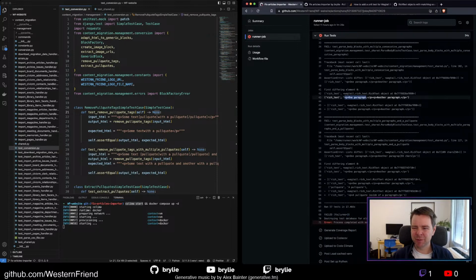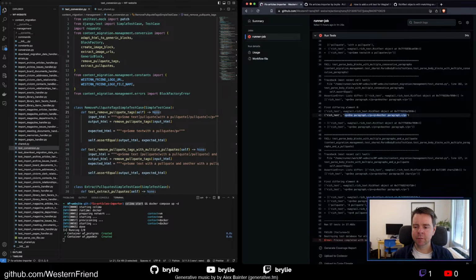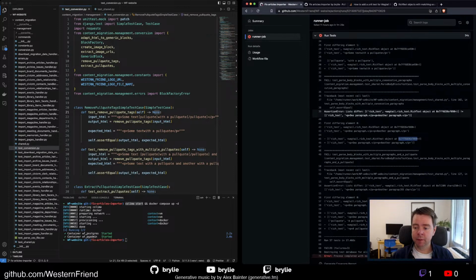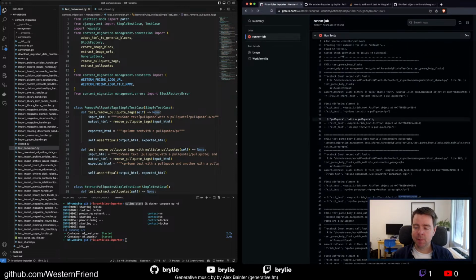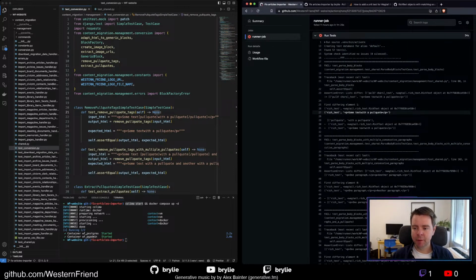They might have different outcomes because of this case where I can't compare against Wagtail rich text blocks, because the representation is showing the memory. See, these have different memory signatures because they're different locations, because they're different objects. So that equality method will be essential to my code working as it is, which does pose a little bit of a difficulty,